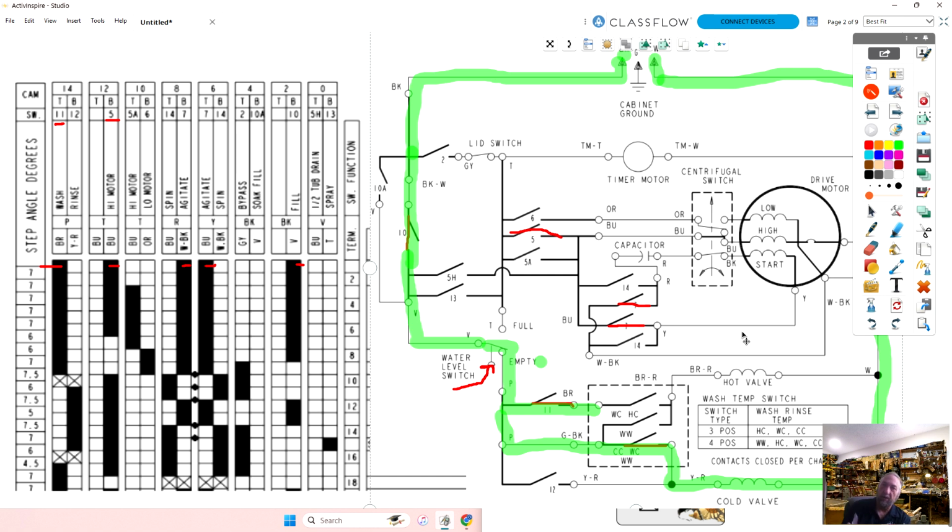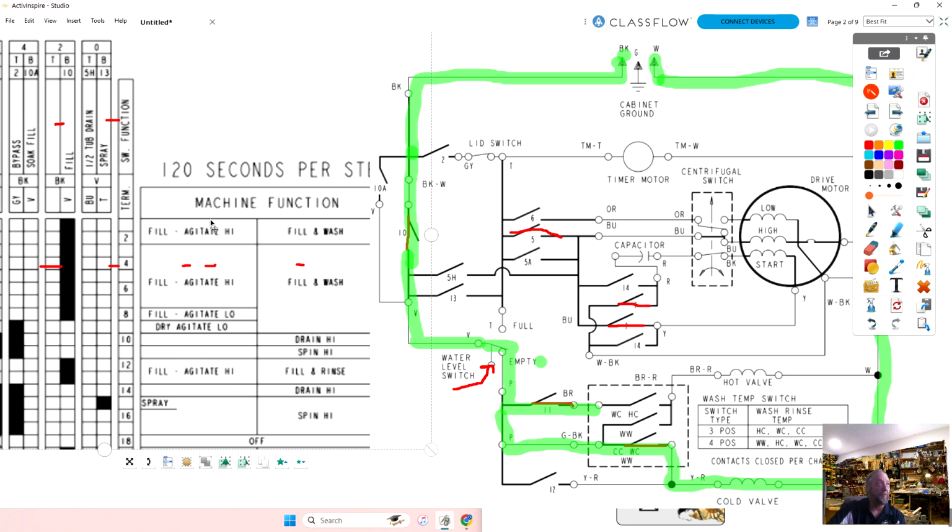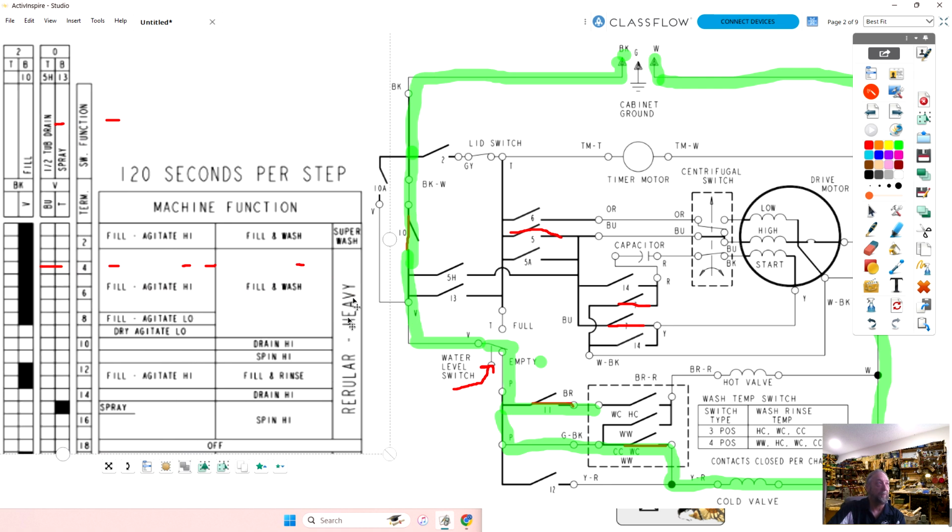Well, we don't need to know the pressure, but if we looked at this chart here, this is the whole entire regular heavy wash cycle, and it actually turns off at the 18th increment, which would be, times 2, 36 minutes. So from here to here, you could say, oh, this cycle is going to end in 36 minutes. I turned it on. And like a dryer, if I put a dryer at 30 minutes, 30 minutes later, that timer's going to shut off.